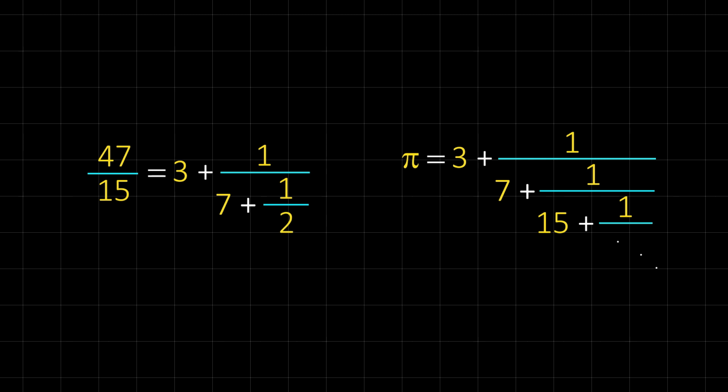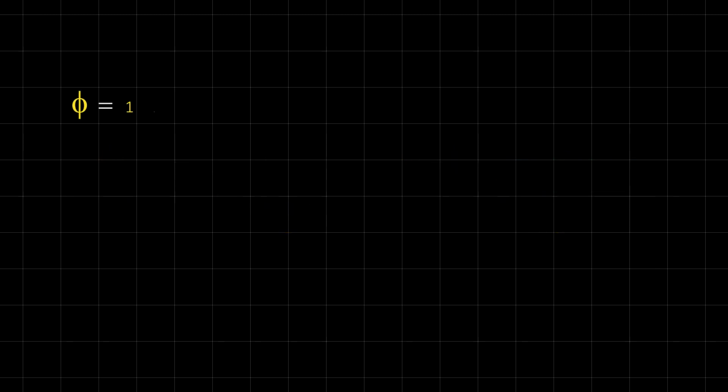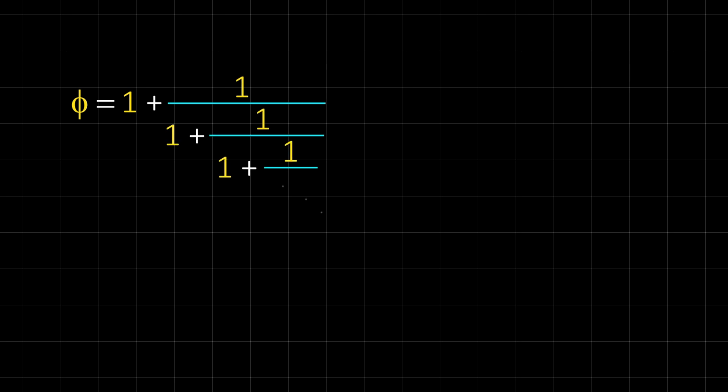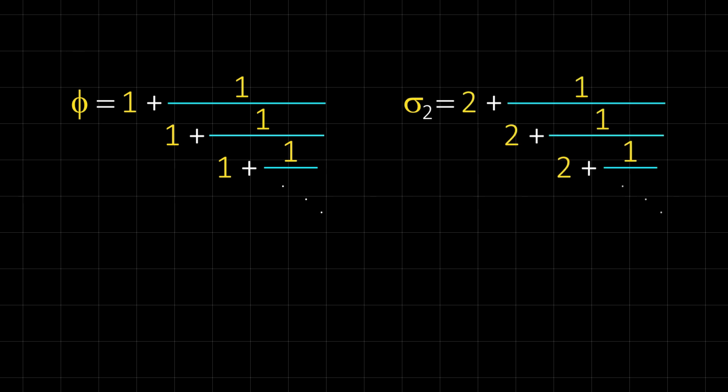If we write the golden ratio as a continued fraction, it will look like this: 1 plus 1 over 1 plus 1 over and so on forever. And the silver ratio is 2 plus 1 over 2 plus 1 over 2 and so on forever. Similarly, the nth metallic ratio can be written as n plus 1 over n plus 1 over